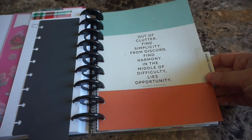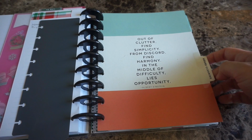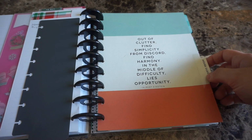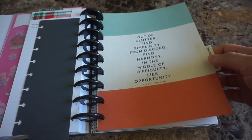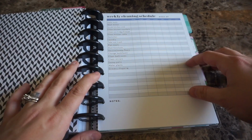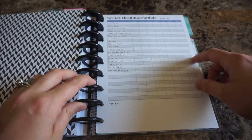I really just use the cleaning one mostly. So I'm kind of hoping Mambi just comes out with a cleaning insert. That would be super sweet because that's all I use out of there. So yeah, I saw this on another gal's planner, but what I'm gonna do is